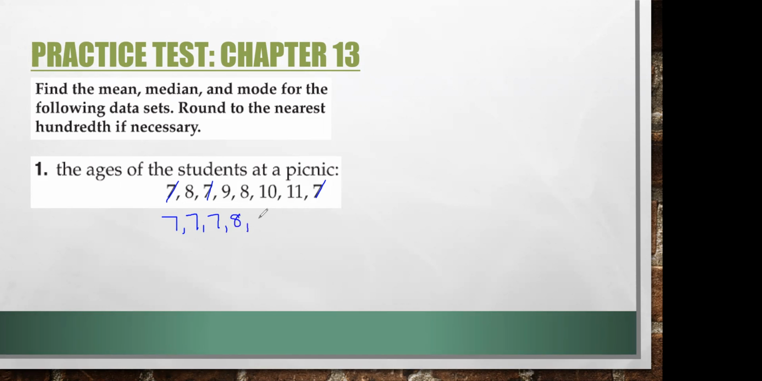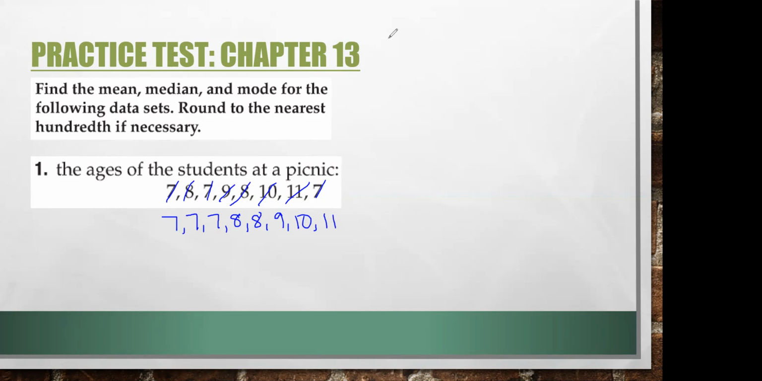And then there's a couple of 8s. And there's a 9, and a 10, and an 11. Okay, so now I know there's 1, 2, 3, 4, 5, 6, 7, 8 pieces of data. So now for the